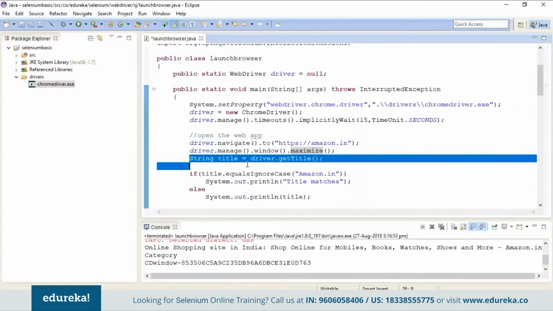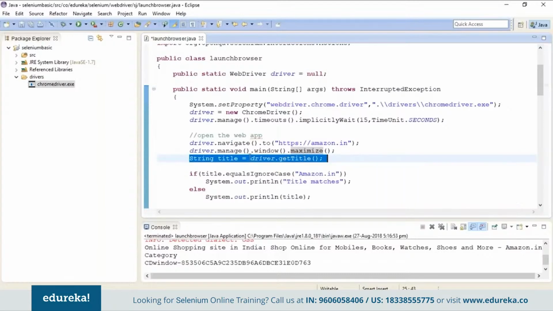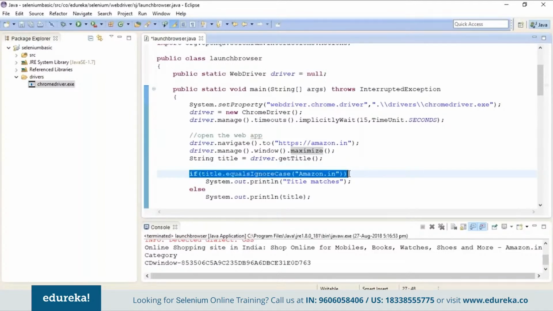Next, once the web application is opened, I'm going to get the title of the web application using the getTitle method. I know the name of the application, but this is only for validation that I'm doing. So the getTitle method accesses the title of your web application, and it is stored in the variable title. So I've got two strings out here. One is this title, and the other one is Amazon.in. So using the if-else statement, I'm comparing two strings. Two strings of what? Amazon.in is one string, and the other string has the title of the web application which we got